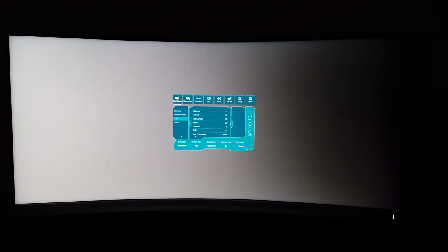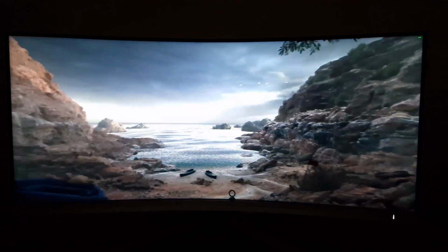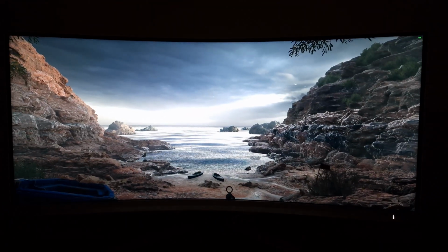You're unlikely to see such extreme fluctuations in games. It can happen in some scenes though. Back to the game now. I've got it running at 100 frames a second, and I can see some flickering even though the refresh rate